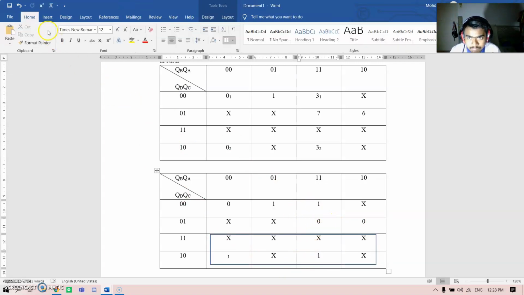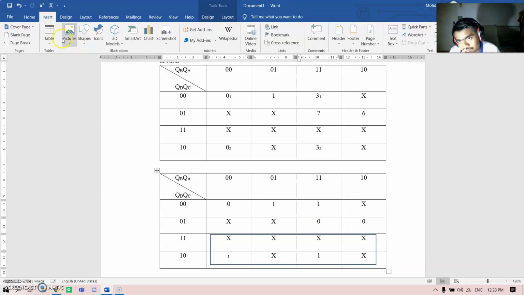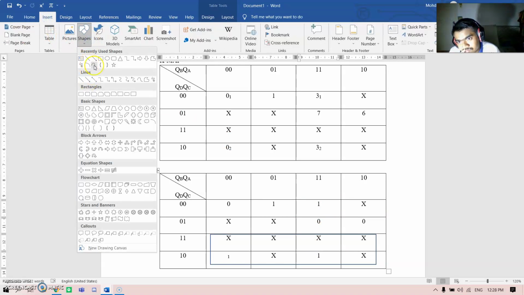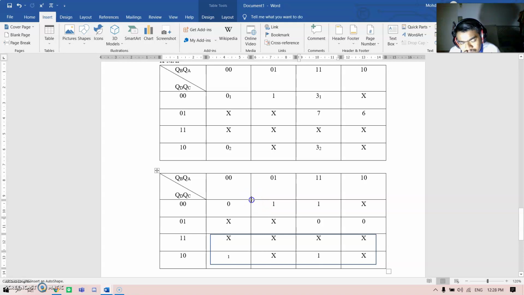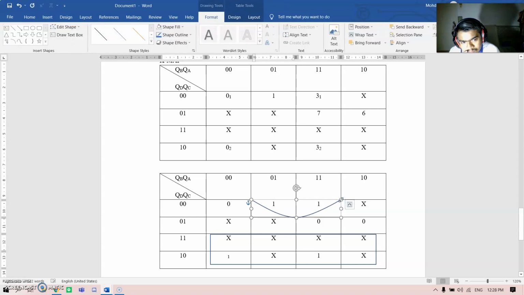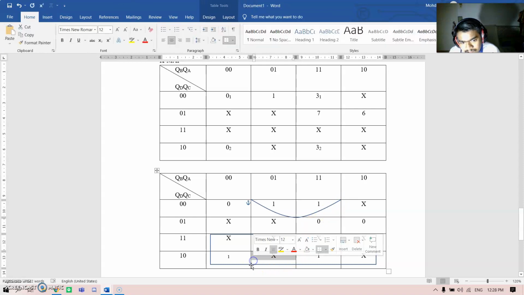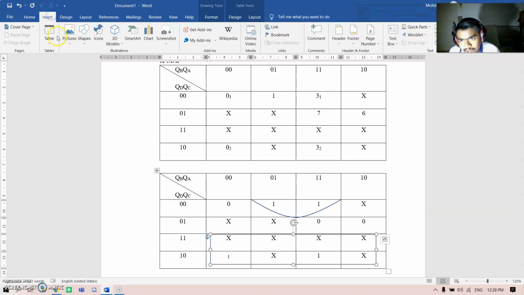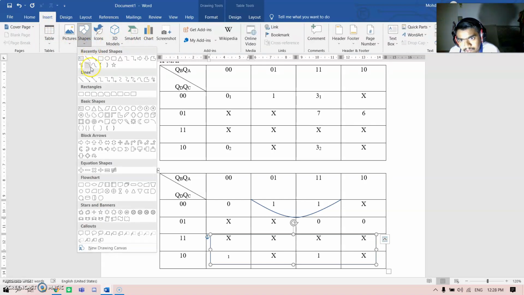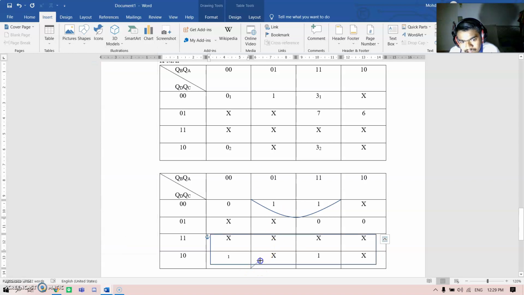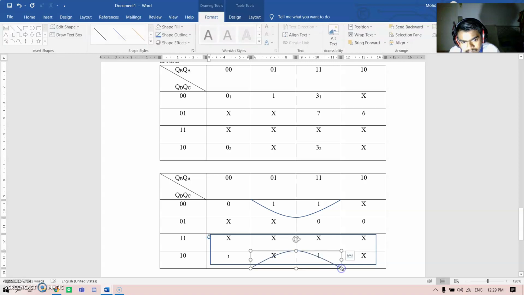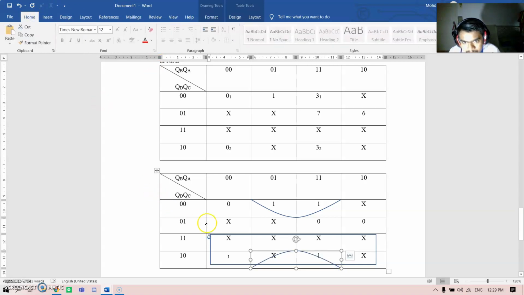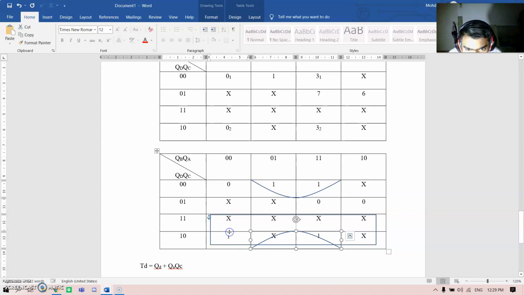So we will use the overlap situation. One here, and then another one here. As you can see,